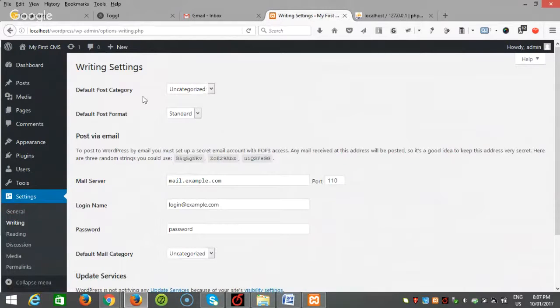You can see this is the default post category. That means if any new post is created, what should its category be? In that case, actually, no category is selected. It should be uncategorized. But if you have multiple categories, you can select any other category as the default category